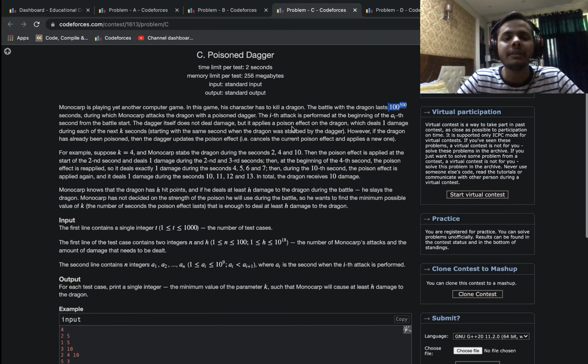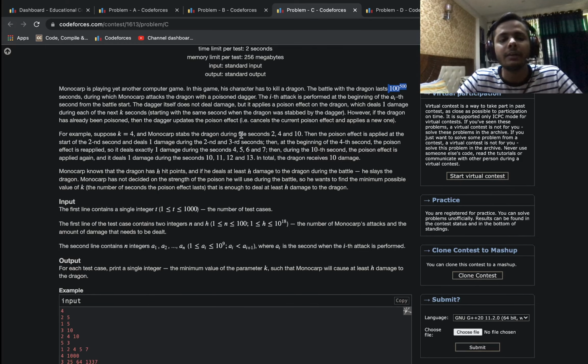Once you start the ith attack, it will last for k seconds unless it arrives at a situation where the next attack is happening. So if k equals 4 and you are attacking at 2, 4 and 10 seconds, then your first attack happens at t equals 2, and if the attack at 4 was not present, the first attack would go on till t equals 5, because you would attack for t equals 2, 3, 4 and 5 seconds.